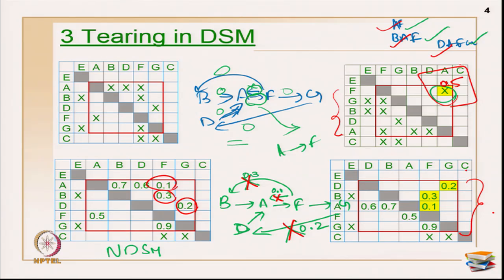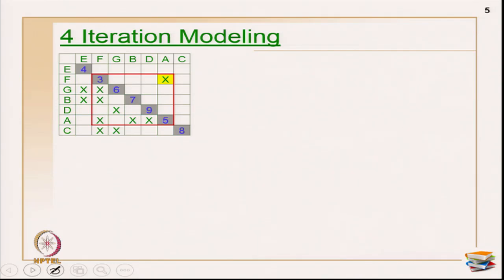Primarily you have to see what is the duration for this sequence and what is the duration for this sequence. Based on the repetition, you have got all these values: how many times the activity is going to repeat, what is the duration under each repetition, and how you are going to see the whole project, that you may have to consider now. For that we have to do the iteration modeling, which is the last step.